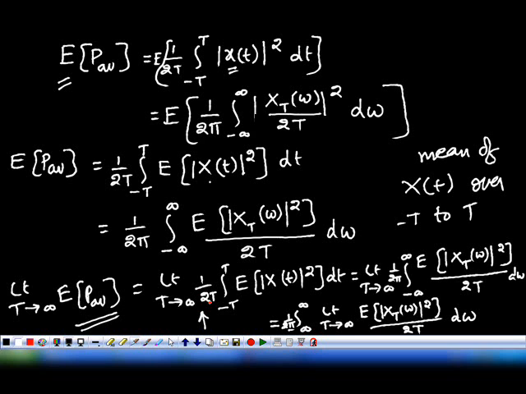Understood? So here we are interested in the quantity limit t tends to infinity of the expectation of mod x_t of omega whole square